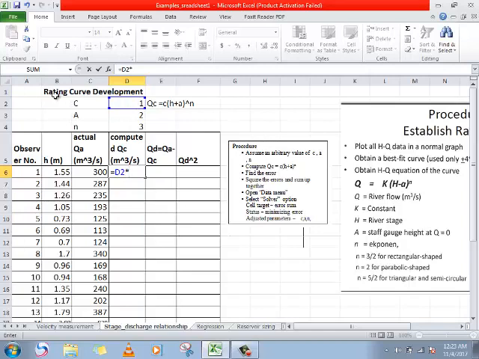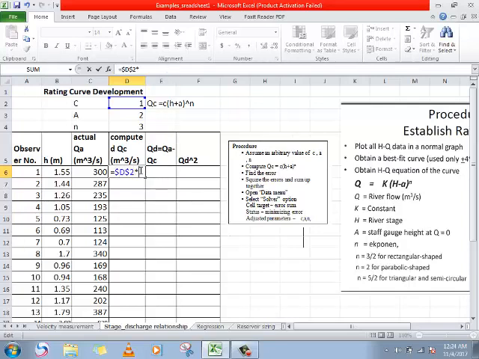But this C is what? Constant number. Throughout all the cell values, it is constant. To make it constant, after clicking on C value, click on F4. Then the dollar sign will be displayed. That means the number is constant, or that cell is used as constant for all the cell values.